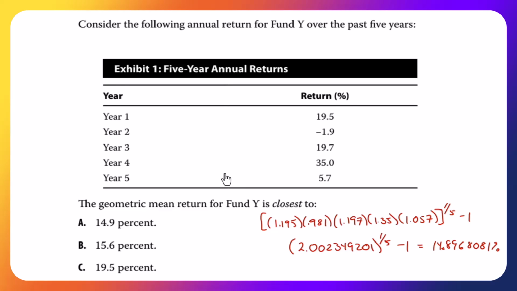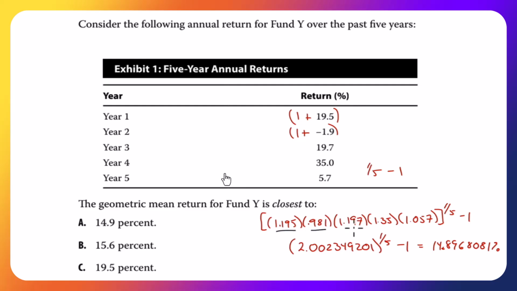Consider the following annual return for Fund Y over the past 5 years. And we have 5 years and we have 5 returns. The geometric mean return for Fund Y is closest to. And how we get the geometric mean return is we add 1 to each return. We chain multiply them all, and then we'll take the fifth root and subtract 1, which is what we have